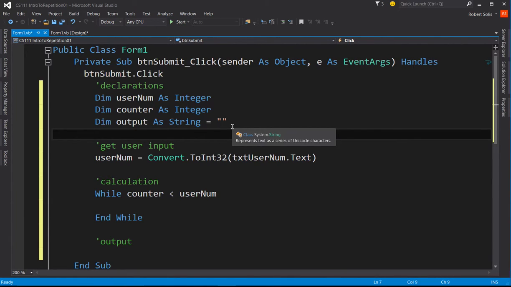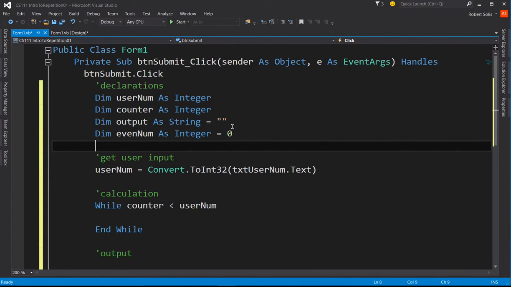All right, and then I think another thing that I'll do is I can generate even numbers, and so we'll say that the first even number is an integer, and we'll set that equal to 0. That's my first even number. Now even number is going to change. The next even number is going to be 2, and then after that it's going to be 4, and so forth